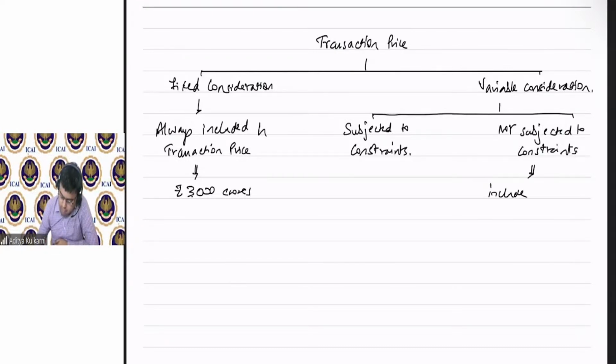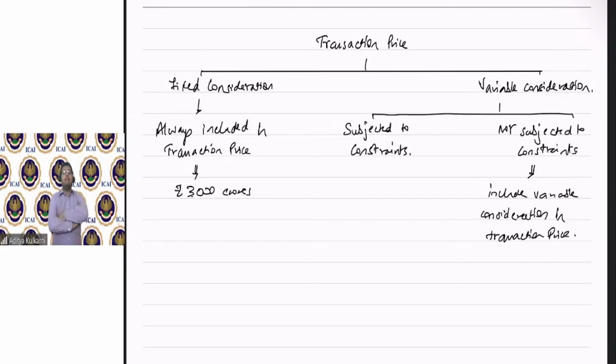include variable consideration in transaction price. Include variable consideration in transaction price. But suppose the variable consideration is subjected to constraints. If it is subjected to constraints, it means that